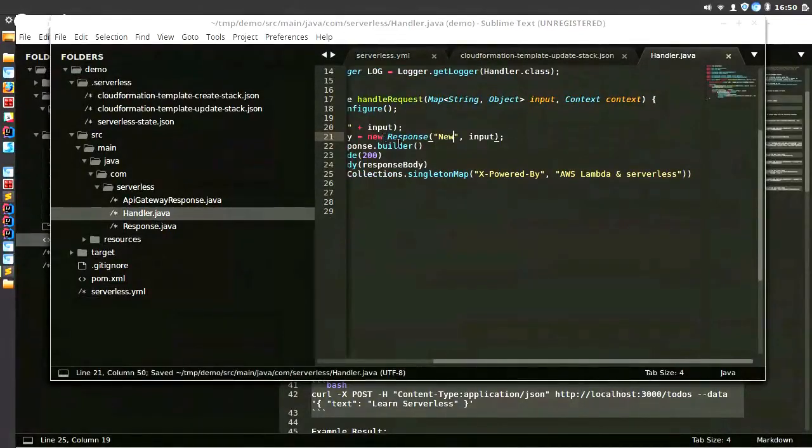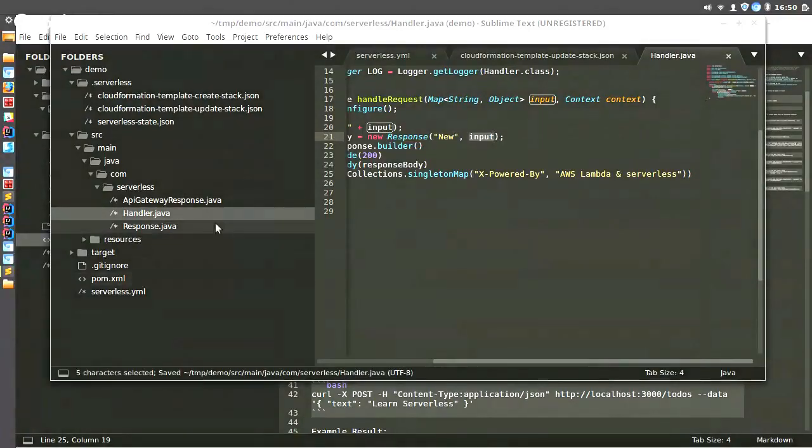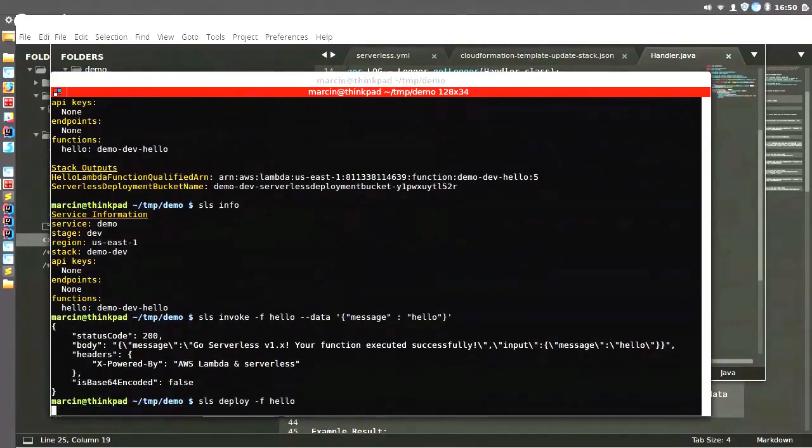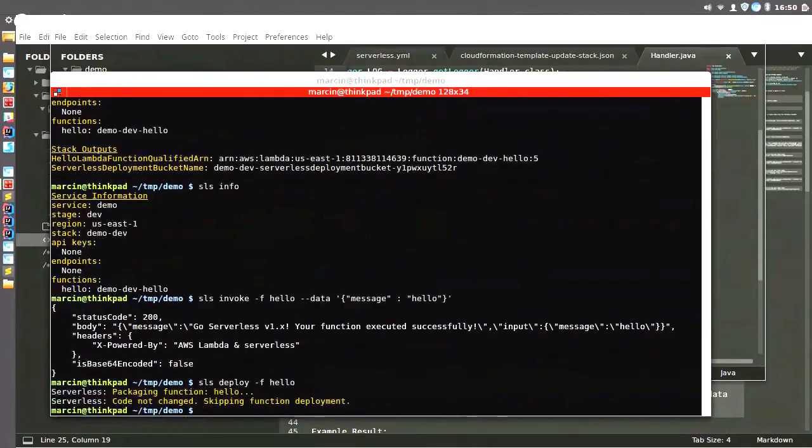Okay, now it did nothing because it calculated the checksum of the jar, and it's the same as before because I have not built it. So Maven clean